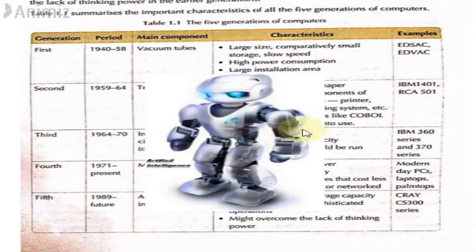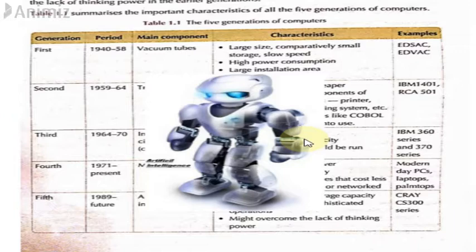The fifth generation of computers is still in a developmental stage, and it is based on artificial intelligence, as I've already told you. What is the basic difference between the fourth and fifth generation? The goal of the fifth generation is to develop devices which could respond to natural language input and are capable of learning and self-organization. These computers will use super large scale integrated chips, and they will be used in artificial intelligence.